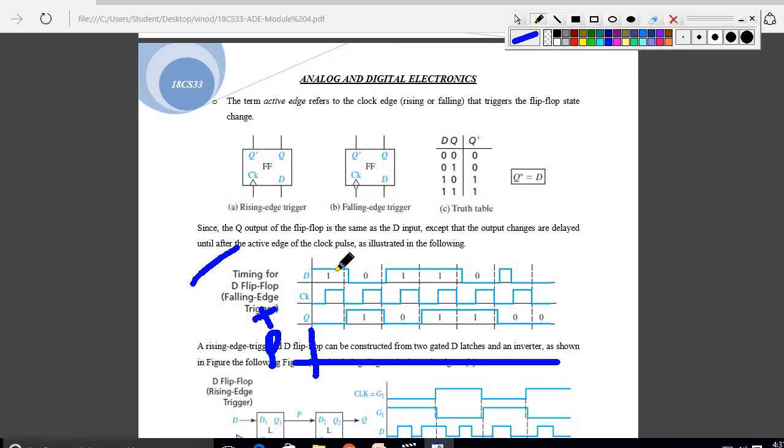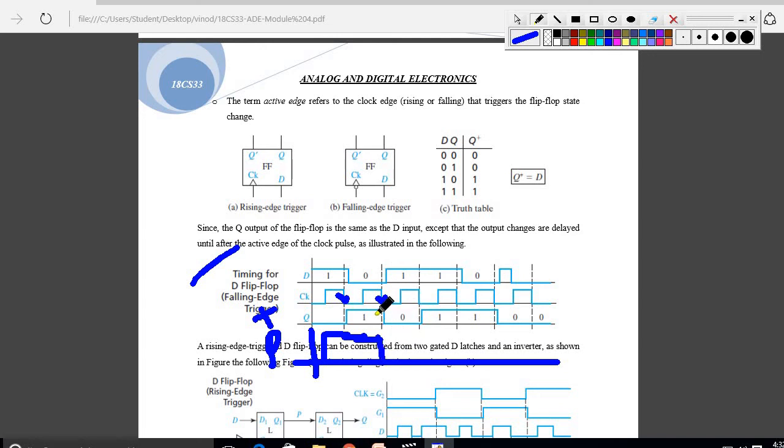So when D has 1 and the clock pulse is a rising edge, here you have to write; if it is 1, it should be high till here. Falling edge: if the clock is 0, it has to come till here. Here it is a falling edge. Falling edge means it will operate on the clock pulse at the falling edge, till here it has to come. So here it is 0, so again I have to fall it as 0.